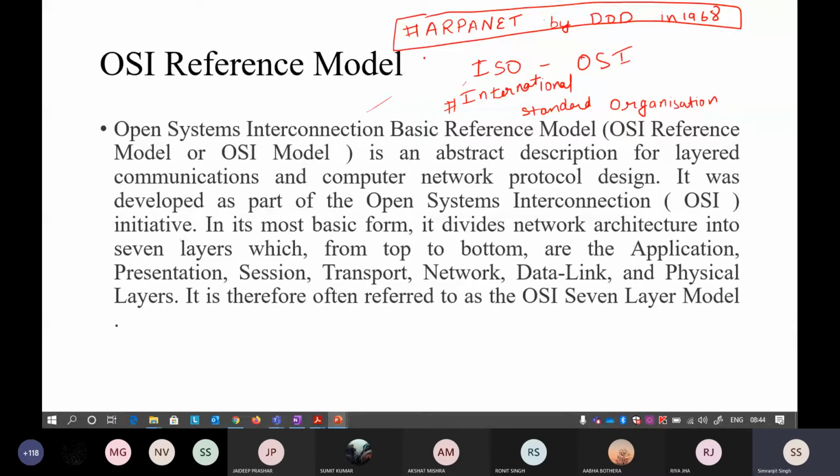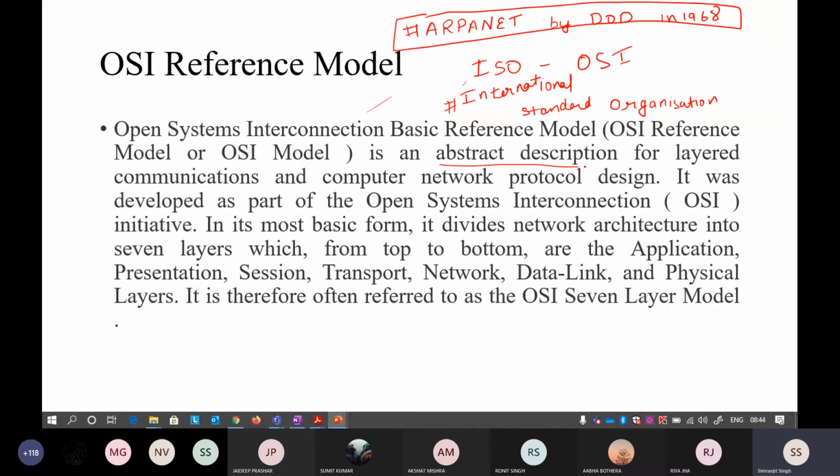But nowadays, because so many devices have come into play, hundreds, thousands, millions and billions of devices connected through the internet, we have to establish a standard, so that every device follows a particular standard of communication. So that is why this OSI reference model comes into existence. Okay, so this is internationally renowned.